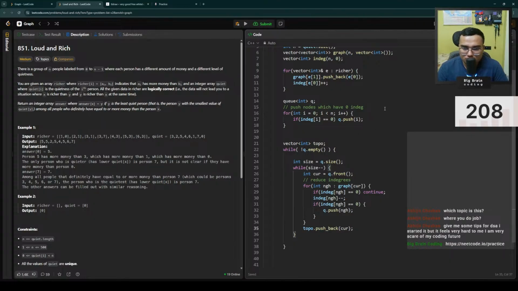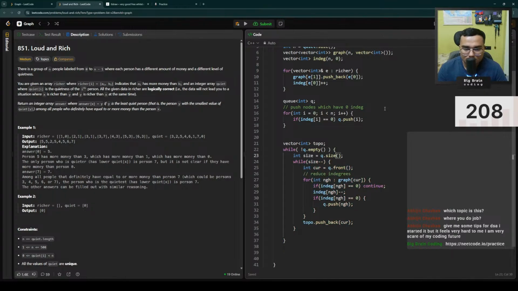Okay, topological sort is done here. Now for each query, are there queries? No, just an answer. Int result. So n is 500. Do I actually need